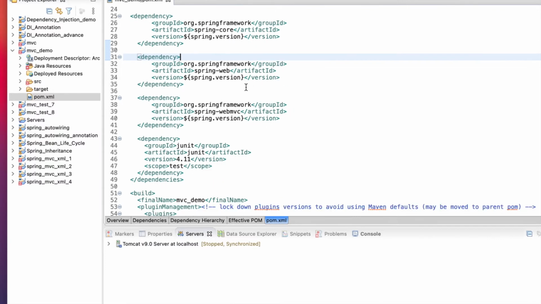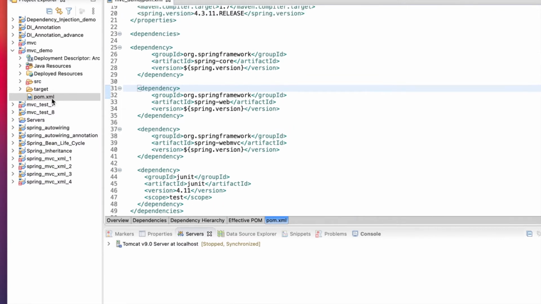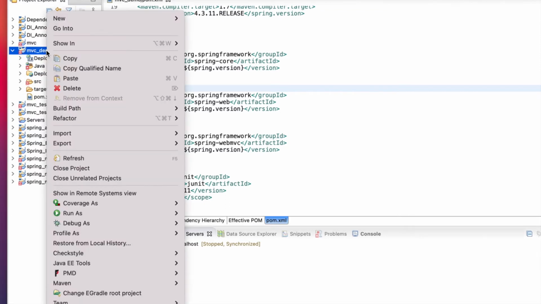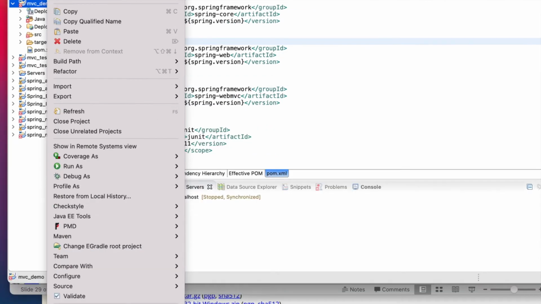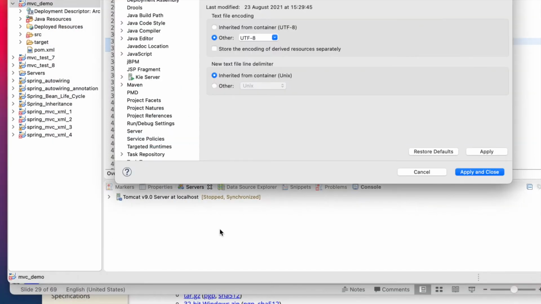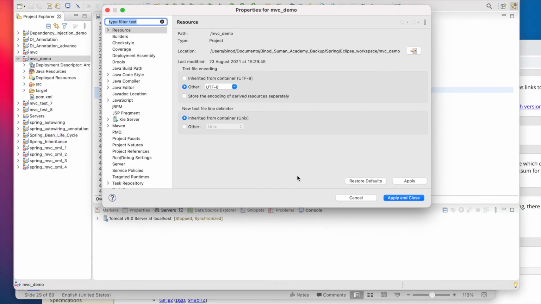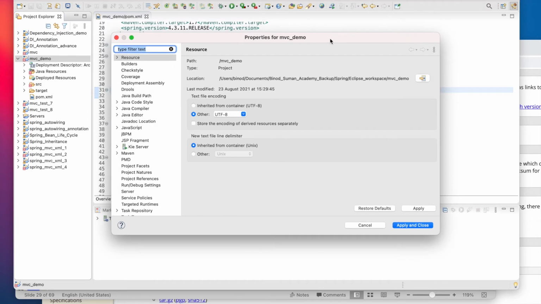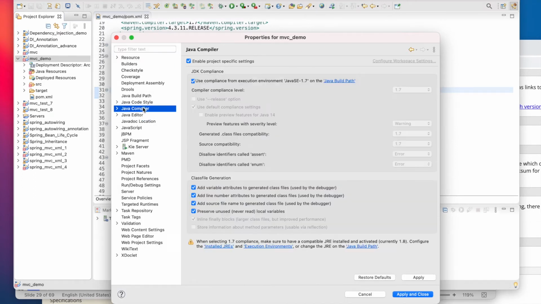And confirm that your project has been set to a minimum of Java version 1.8. So what you do, go to the project, right click and go to the properties, and here you go to the Java compiler and see it is 1.7.